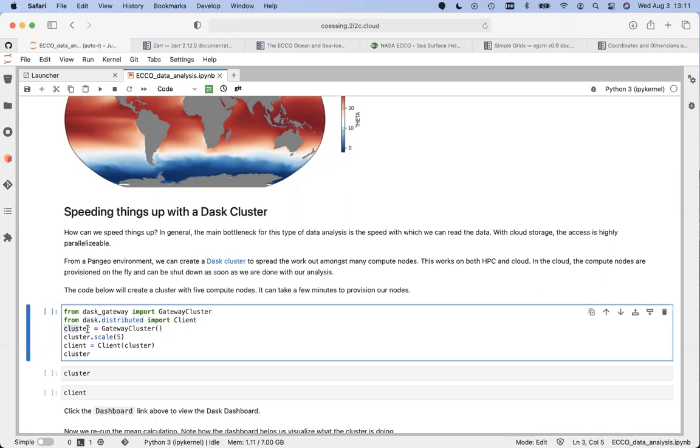So here we're setting up our cluster. What we're basically doing is grabbing, we only have so much memory and computational power within our home notebook here. What we're doing is we're going to set up a